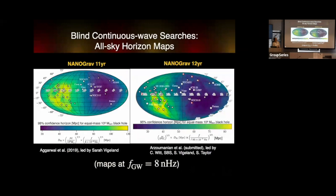Now, we also have been doing just what we call blind searches, where we say, okay, well, let's not assume anything about the binary population or anything about its frequency. What we're going to do is search for a binary anywhere on the sky. And what I'm showing here is, again, kind of a similar plot to what was before, except what I'm showing here now in color is the sensitivity of NANOGrav. This is the 11-year data set and the 12-year data set, 12.5 year, that should say. And this is the distance out to which we could see a double 10 to the 9 solar mass binary